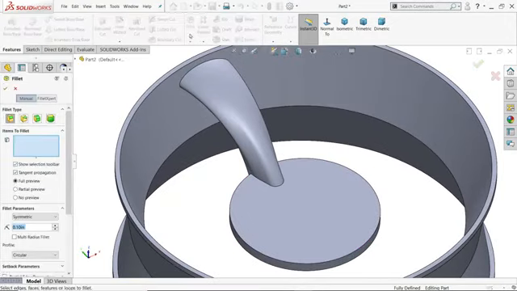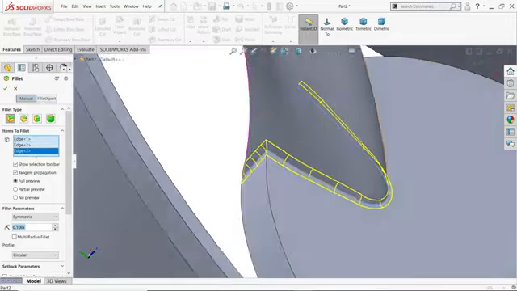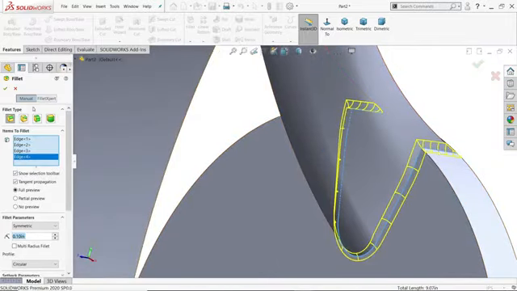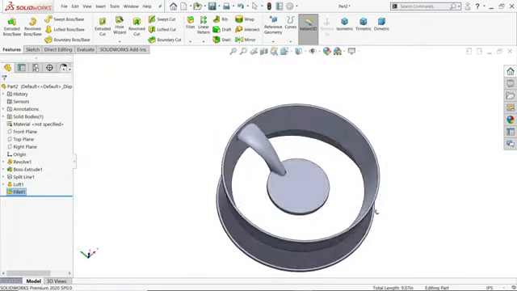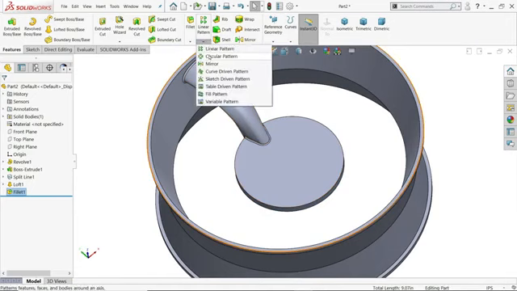Now there are 8 of these. There is a fillet also, 0.1 inch. I'll choose 1, 2, and okay. Now there are 8 spokes or handles.